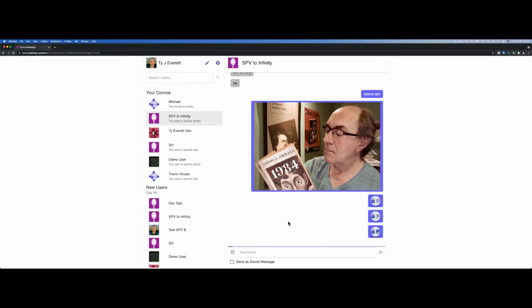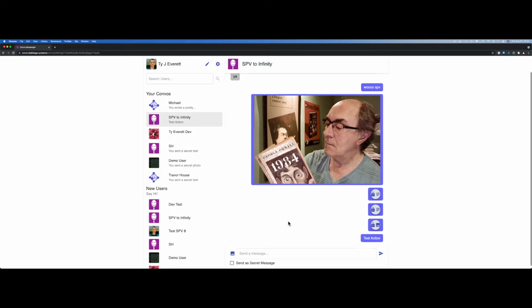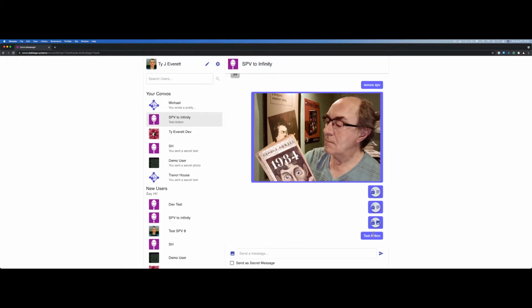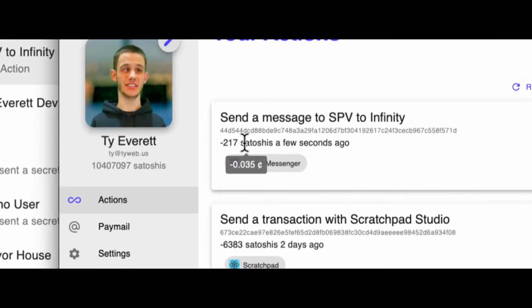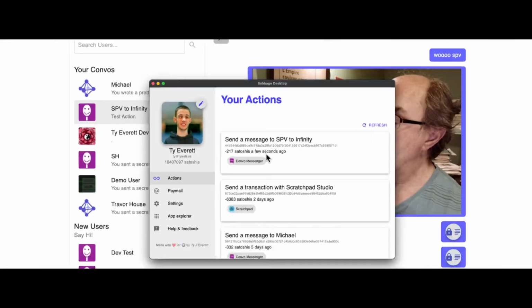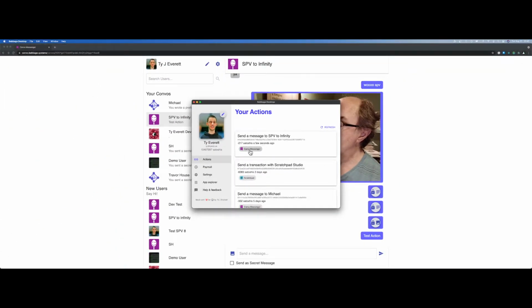And at the bottom of the screen, once this is sent, we should see a new action has been created, which, I'm talking to this person SPV to infinity, who's just a test account that I made. And if we refresh over here, we can see that, 217 Satoshis, so a very small amount of money. If we zoom up on this, about 3.5% of a penny. A few seconds ago, we created this action,